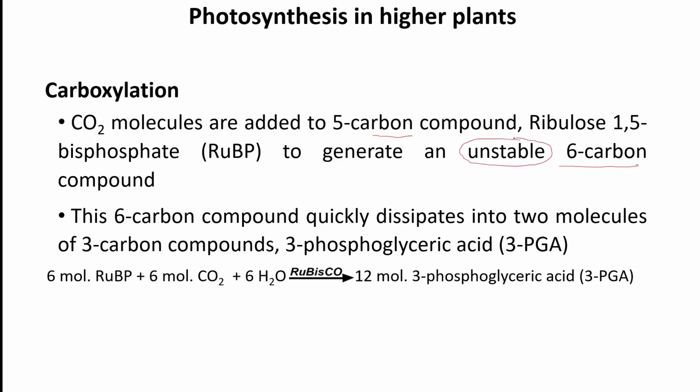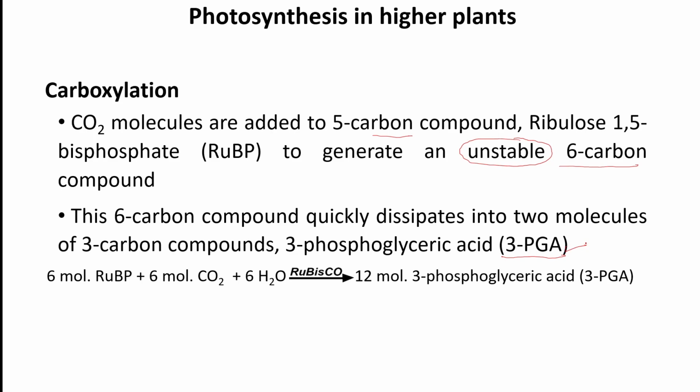So what happens? This unstable compound quickly dissipates into 2 molecules of a 3-carbon compound known as 3-phosphoglyceric acid. Here you can see from a 6-carbon compound, a 3-carbon compound is produced, known as 3-phosphoglyceric acid. That's why the Calvin cycle has been given the name C3 cycle, because the first stable product formed is a 3-carbon compound known as